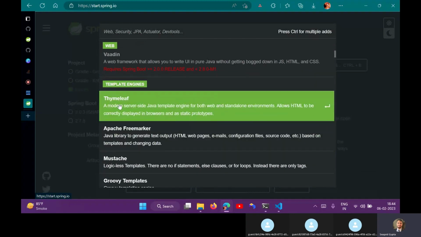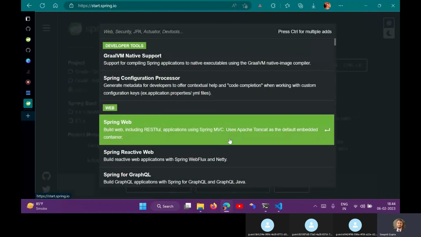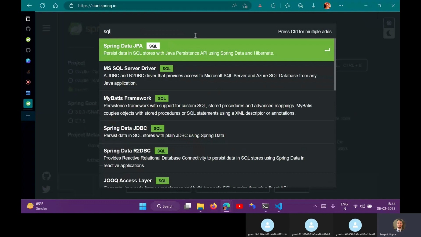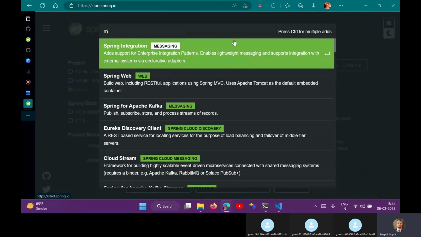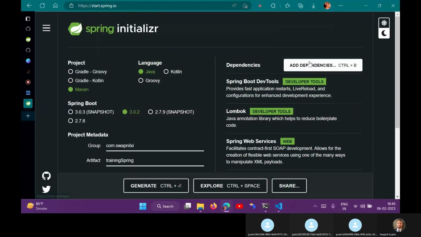Try to add Thymeleaf, which is like an HTML interface for Spring Boot. And if you are using SQL, choose Data JPA. Just choose the important things beforehand, whatever you need.